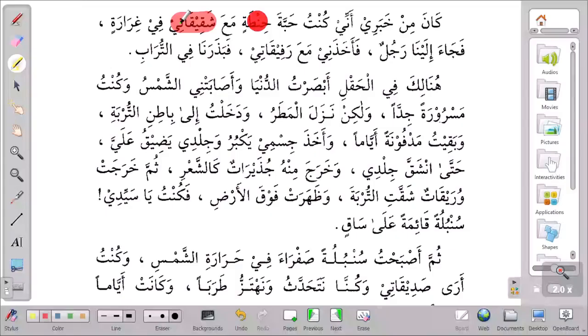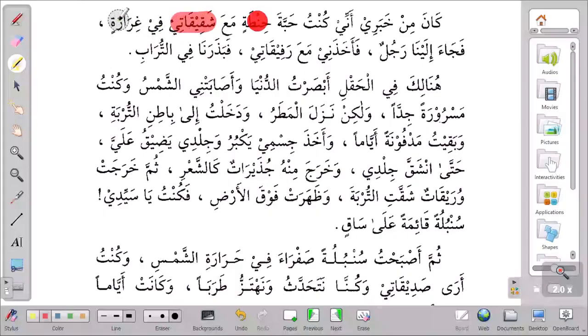So here, of course, you can see that there is alif wa ta at the end, which is jam'u mu'annas salim. Shaqiqat, and then the ya mutakallim at the end. But it is biological sisters. It is sisters because of the alif wa ta at the end. It's initially shaqiqun, but shaqiqat, the alif wa ta, is jam'u mu'annas salim. So that's feminine. So biological sisters. The manner is that they were fruits of the same mother plant, or seeds from the same plant. That's what he's saying. So they were together